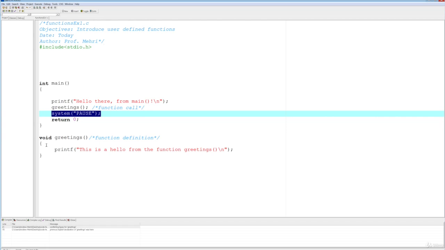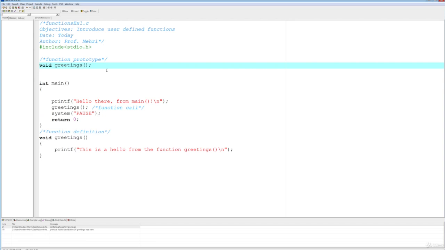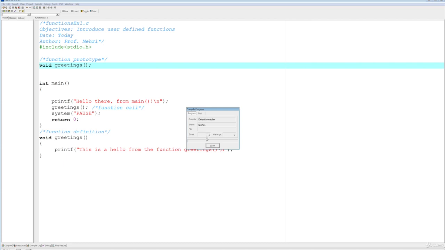Now there is a way around it. There are programmers who like to define their functions after main. Okay, so the prototype will have greetings, okay, and as a function. Let's go ahead and compile this now. Okay, so that's your function prototype. And now your definition being done after main is accepted. Right? So make sure all the names of these functions match. So greetings,